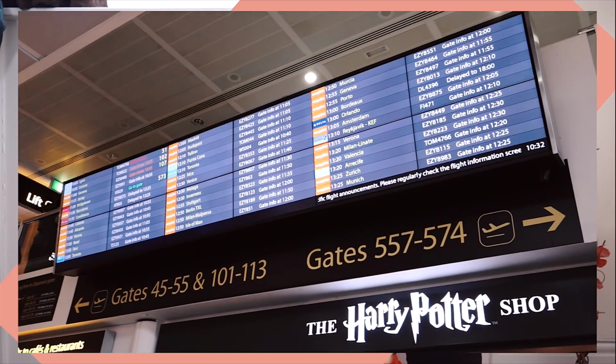Just make sure you book in advance to get the best rates possible. Number 15, Gatwick Airport is actually open 24 hours if you want to save on accommodation and sleep on the seats instead. Number 16, you can check your departure from the live board when you're in the